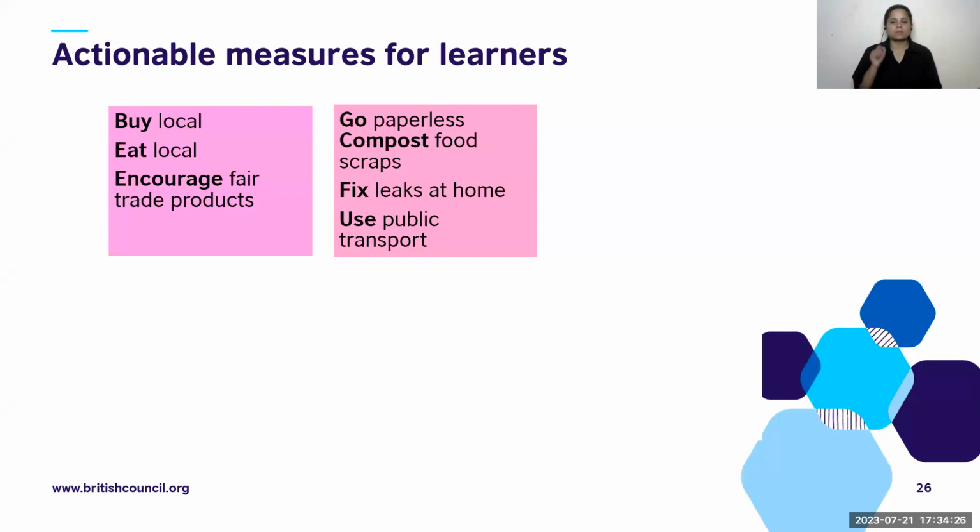Okay. Compost food scraps, fix leaks at home, use public transport. There are three different elements here. So let's start with public transport. I think that's something all of us need to follow to save on fuel wastage. Go paperless. That again is something which is now, I think, quite current among all of us, especially after COVID. We all go paperless, we do digital transactions, and we try to save on printouts and paper as much as